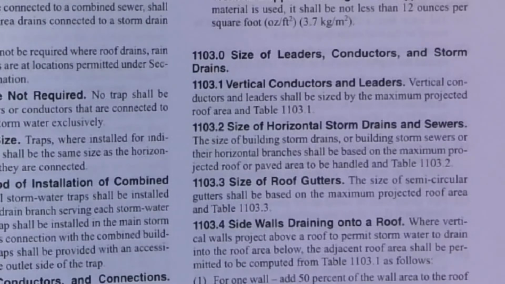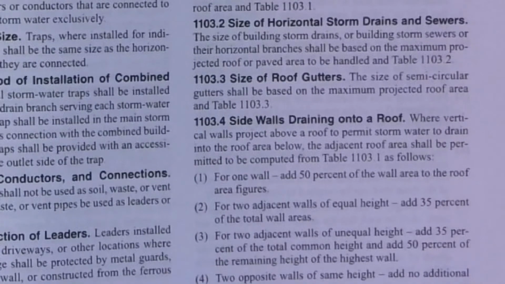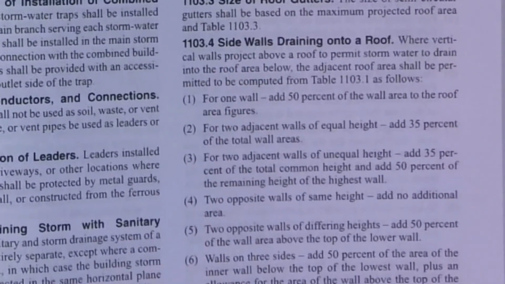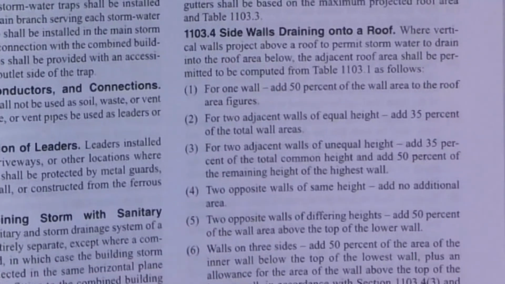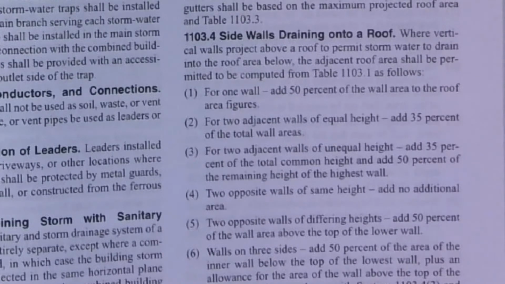The size of the roof gutter. Size of a semicircular gutter shall be based on the maximum projected roof area and table 1103.3. So there's different tables, and we'll get to those tables in a second because we're almost, believe it or not, not too far away. This section cracks me up. Now, I'm not going to get too technical on this because this is plumbing 3 stuff, but I absolutely love